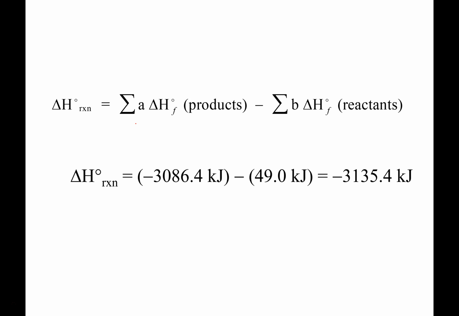So that makes an even more negative number, doesn't it? So you get negative 3,135.4 kilojoules of energy would be the heat of that reaction. That would be the delta H sub Rxn